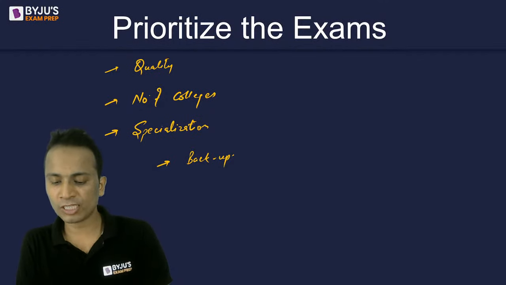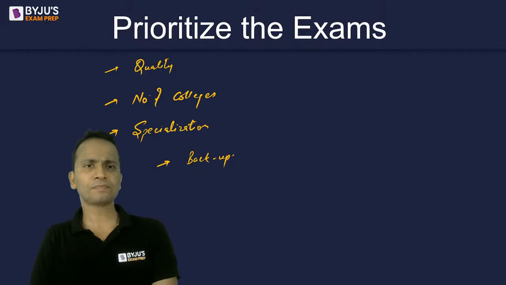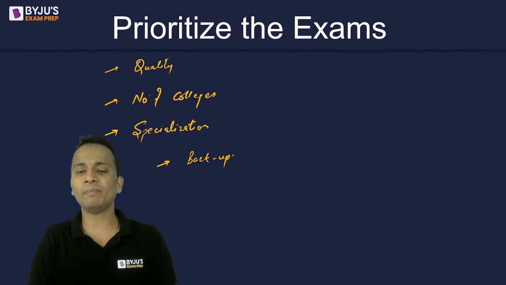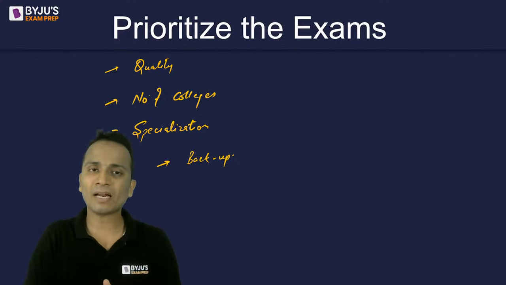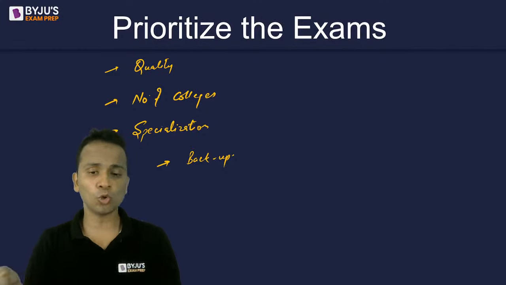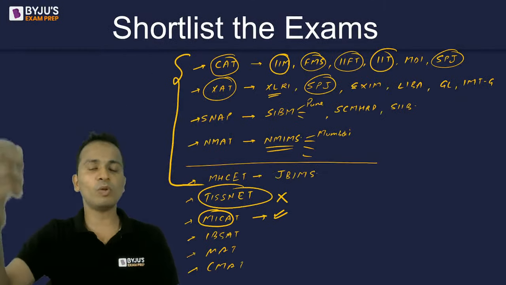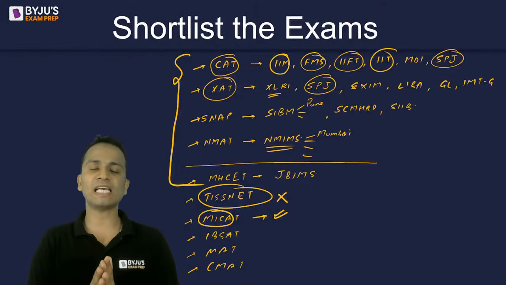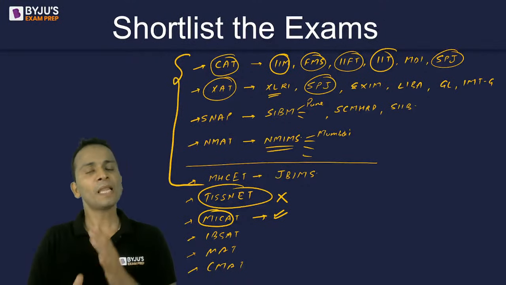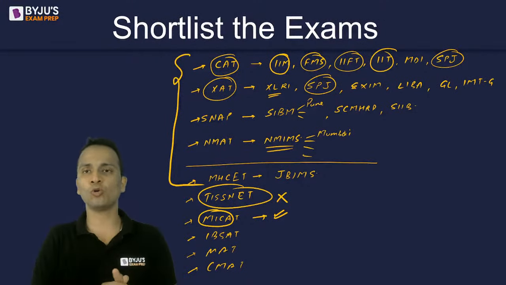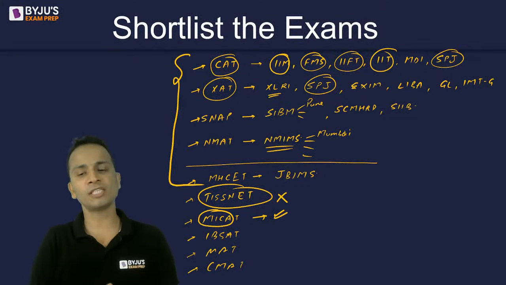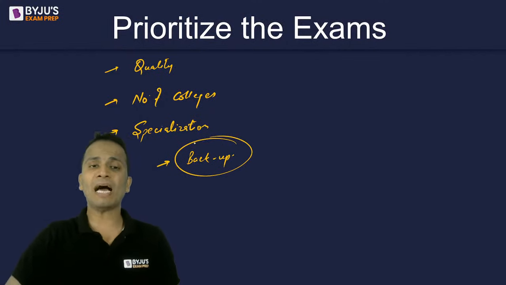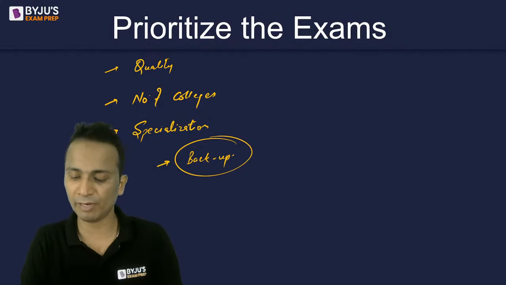What order would you suggest to give these examinations? Now, Parth, priority means if I'm prioritizing these examinations, then these are the certain parameters that you can consider. I've also told you what will be the sequence in which I'll be prioritizing these examinations. So I'll say that the top five examinations should be taken by each and every student. Then, depending upon the specialization, you can also shortlist any of the options. And then, last but not the least, if you want to keep any backup options, then you can go for the other examinations also.